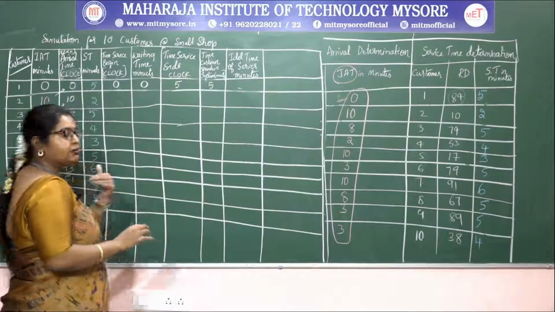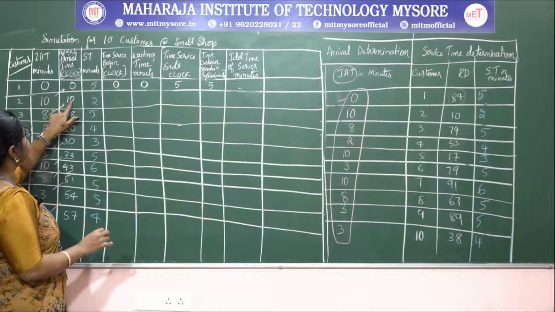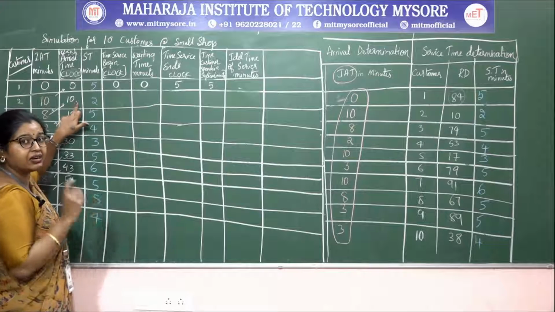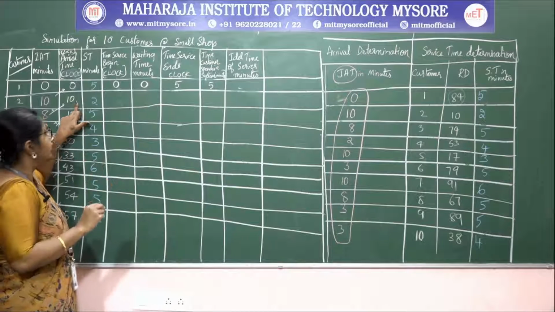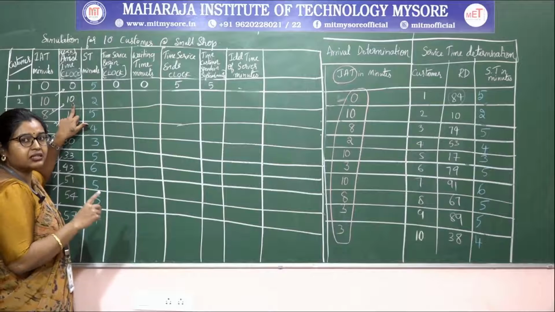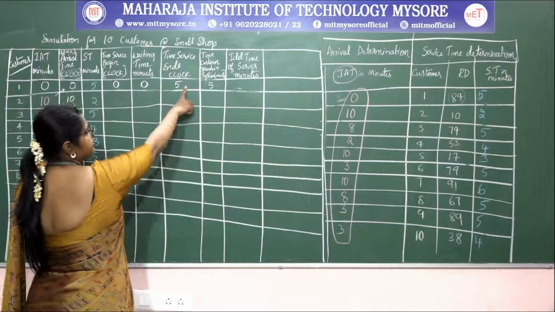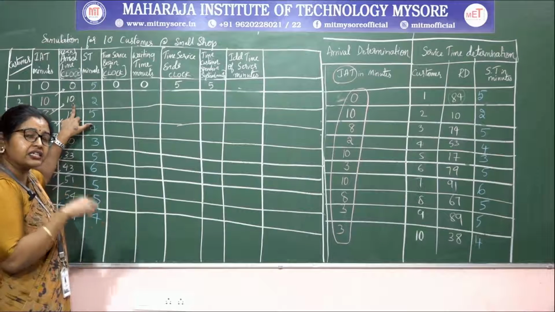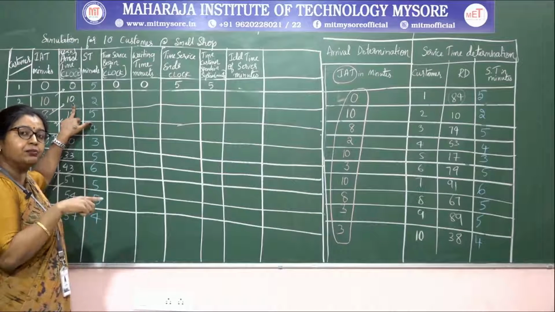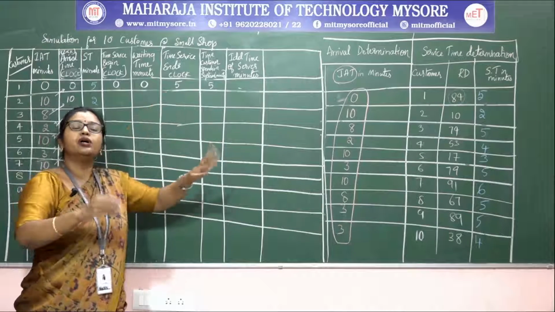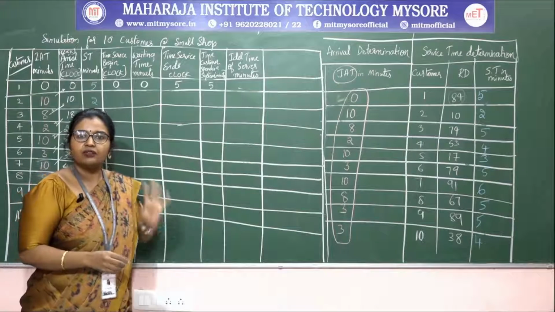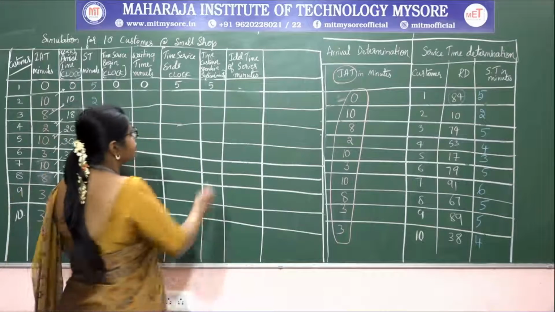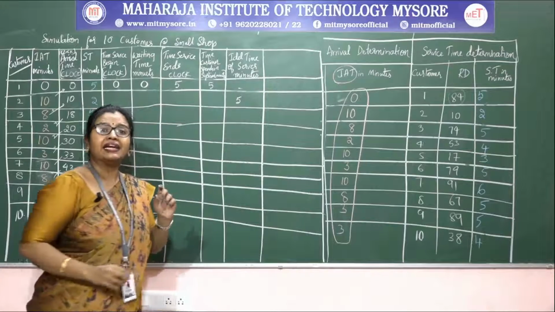Okay, next, second customer. The second customer is going to arrive at the 10th minute. Now you need to leave the inter-arrival time; you need to look at the arrival time whenever we are doing the simulation, remember. The 10th minute the second customer is coming, but the previous customer completed his work by the 5th minute itself. Therefore, the server will be idle for how many minutes? 10 minus 5 is 5 minutes. So for 5 minutes, the server will be idle, right?